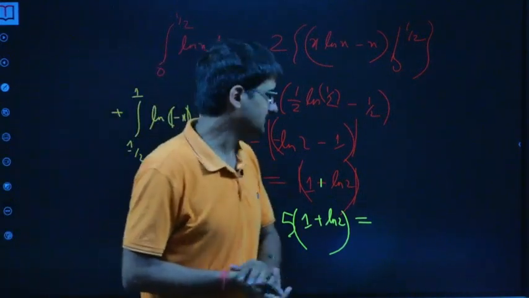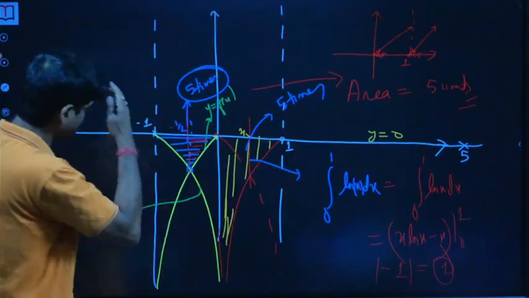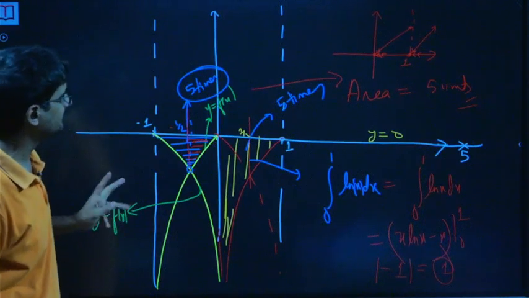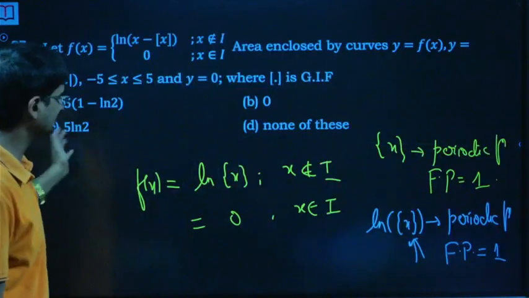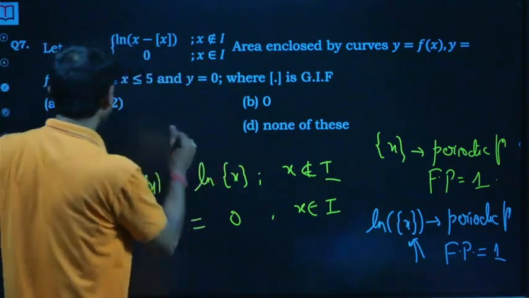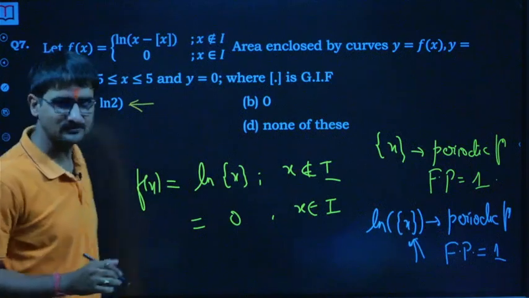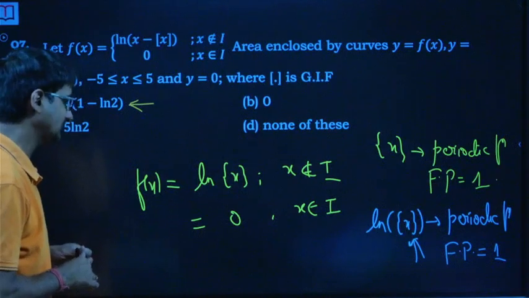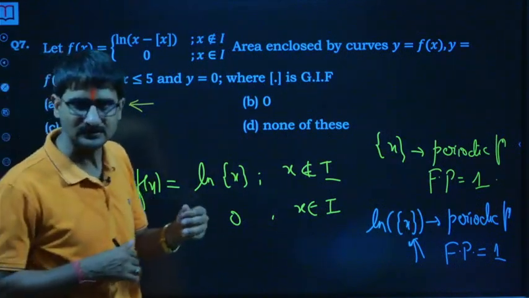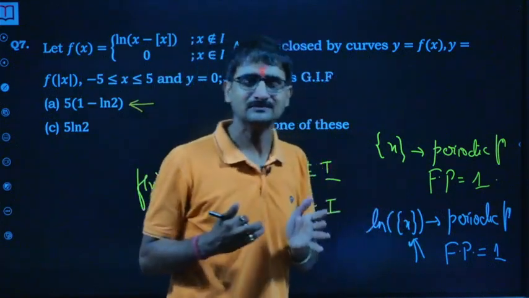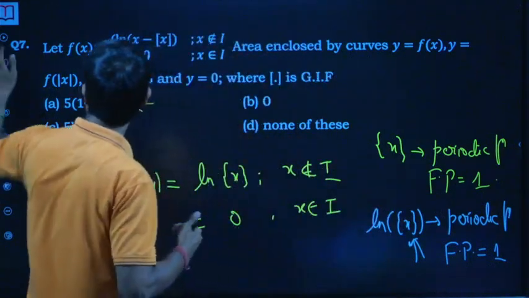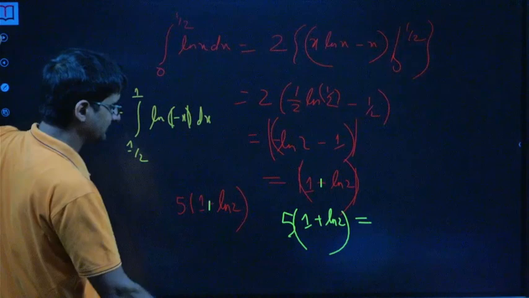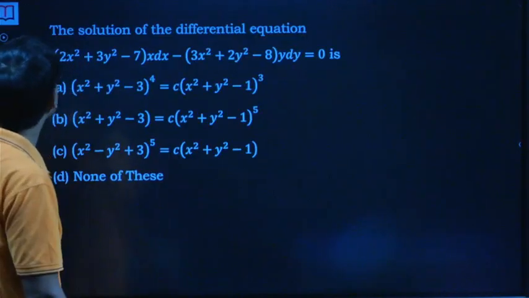Okay, I'm moving quickly. It's taking a lot of time, but fine. I mean, that was the interpretation, the curve, the thing. That's why I picked up this question. I don't know where I went wrong, or maybe the options, or maybe none of these might be the answer. But see, why am I thinking so much? Because when I solved it for the students here, we got something like 5 times (1 plus ln2) or (1 minus ln2). Now here what we are getting is 10, I mean 5 plus 5, isn't that? Because here again we got it as 1 plus ln2.